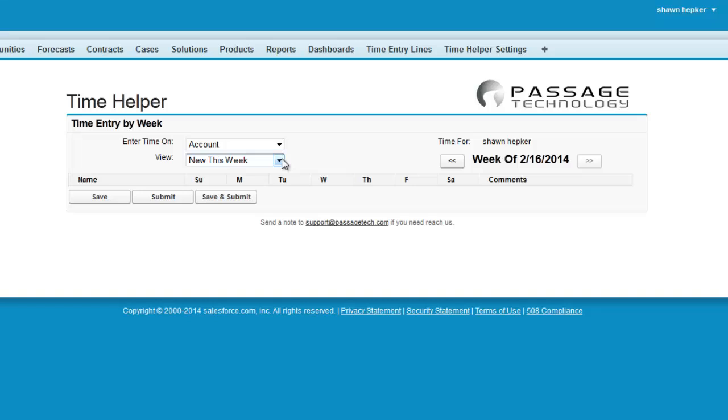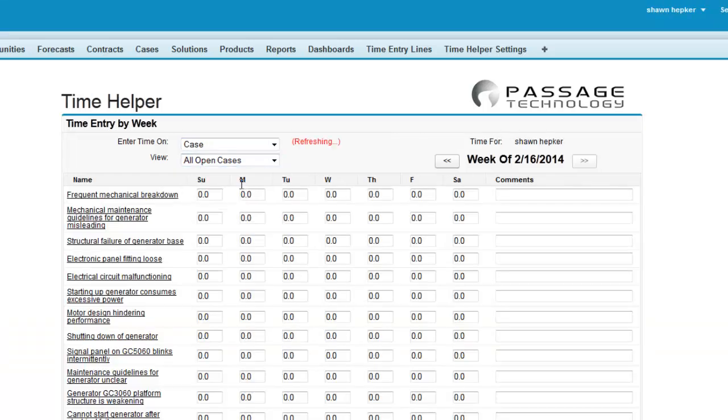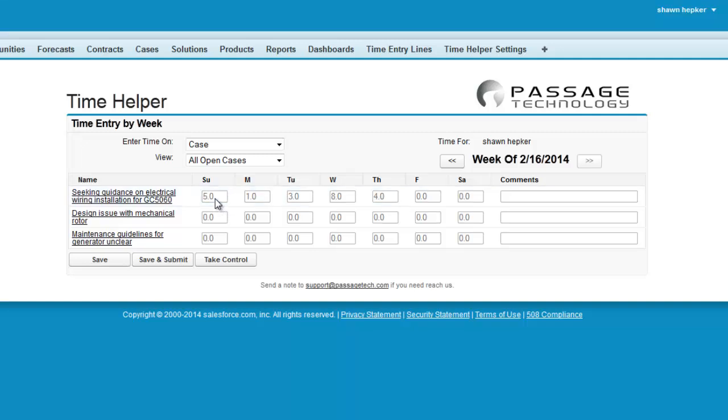If you realize that you have not entered the correct time for an item, you may go back to that item and alter a time. To do so, select the Take Control button. The status of the time entry is now set to Saved instead of Submitted, and you can now edit the hours that you have specified. Once done, you may select Submit again and notify your time manager again that you have altered or submitted a